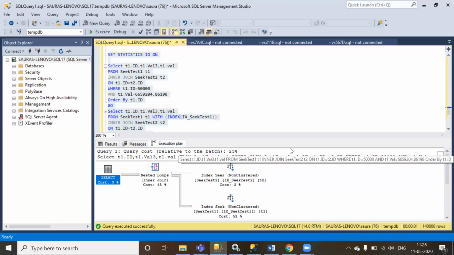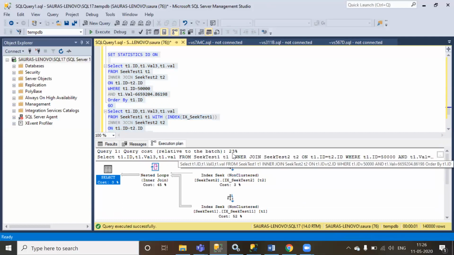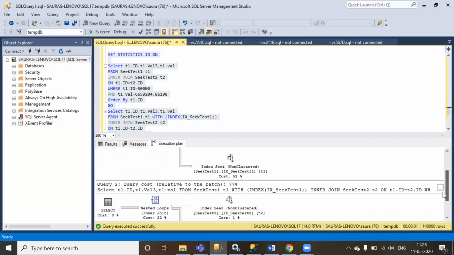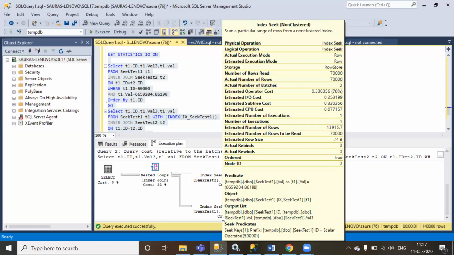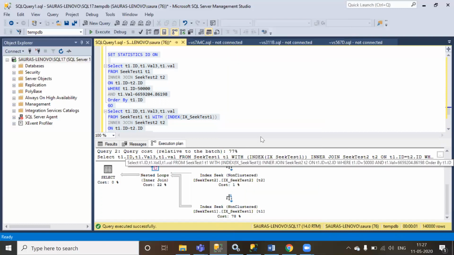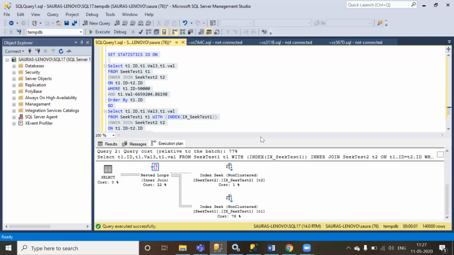Now you can see the first select statement has a batch cost of 23%, while the second select statement, which is exactly the same but is using the index which has only id as the key column, has a batch cost of 77%. You can confirm this by taking the cursor here, and you can see another predicate in this execution plan. So your query is now about 3x faster. I cannot say that it will be exactly 3x faster, but this is an indication that my query is now much faster than it was before.